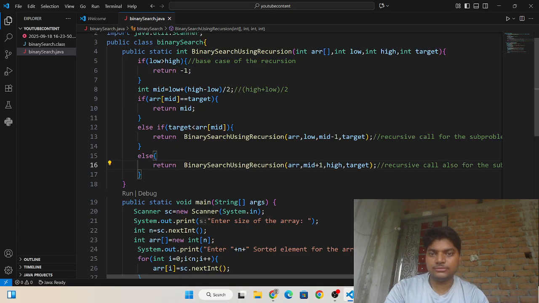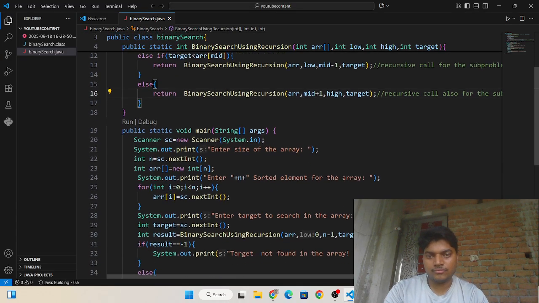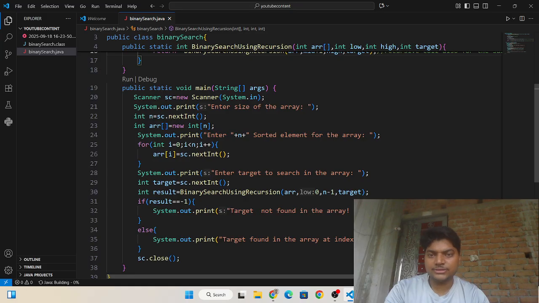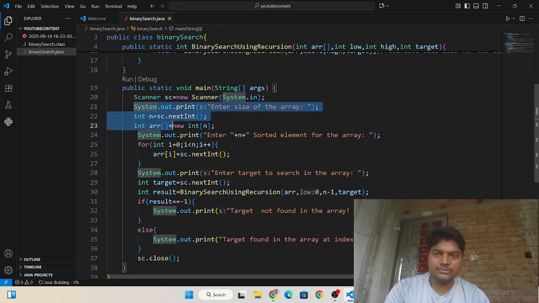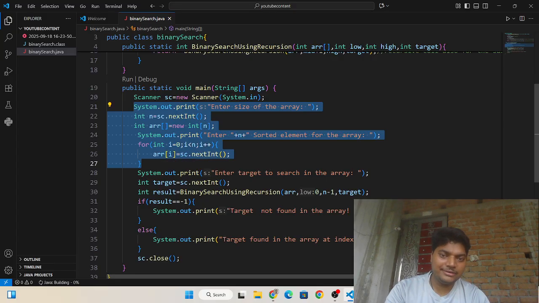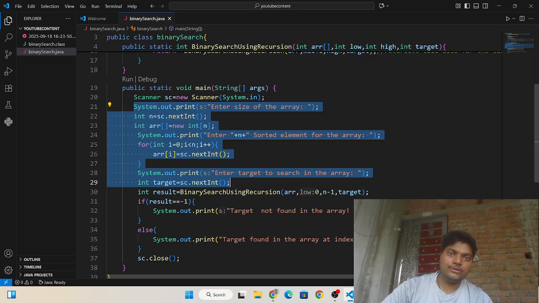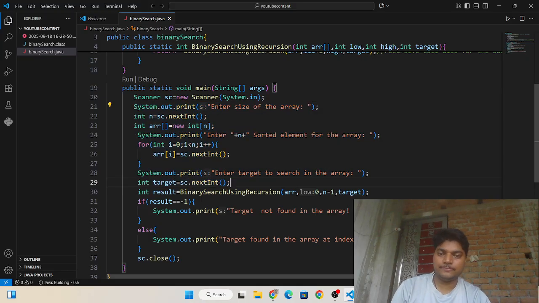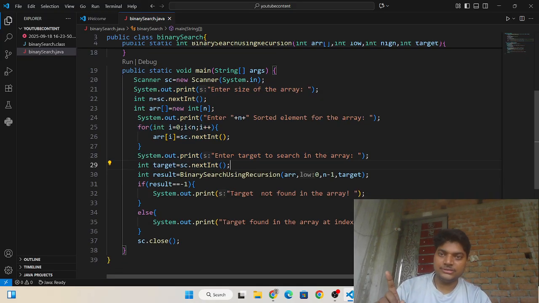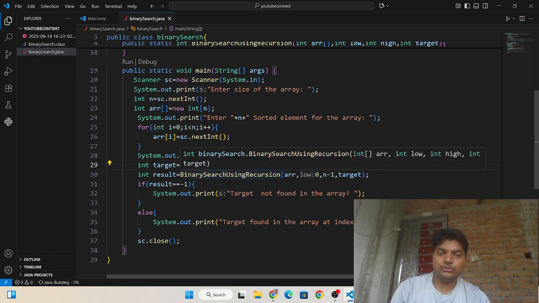And here we are taking the size and elements and the target element which we are going to search in the array.